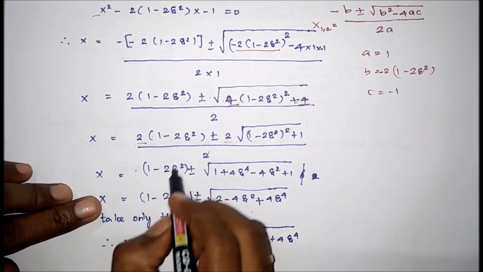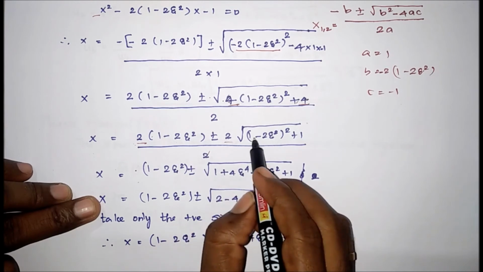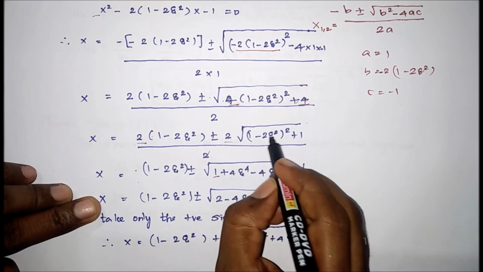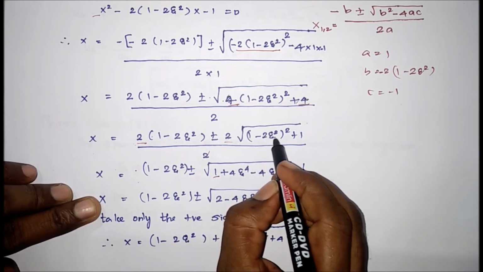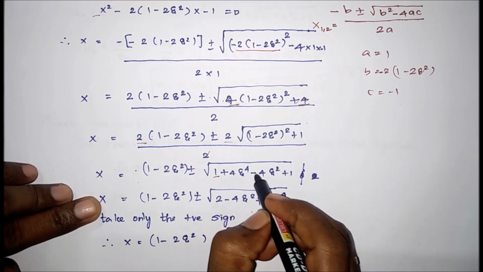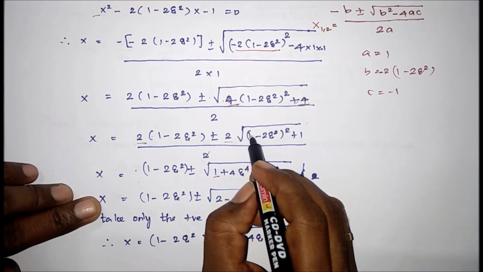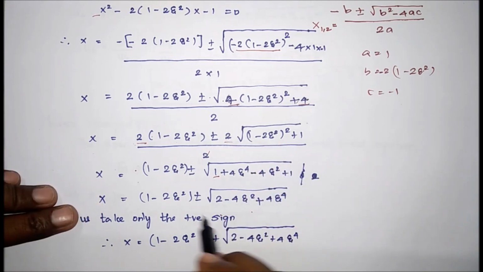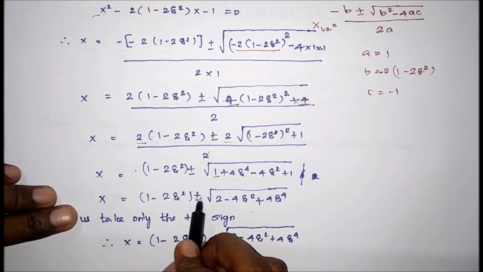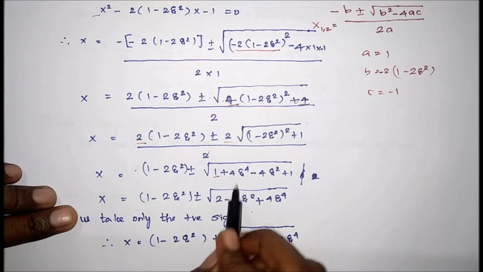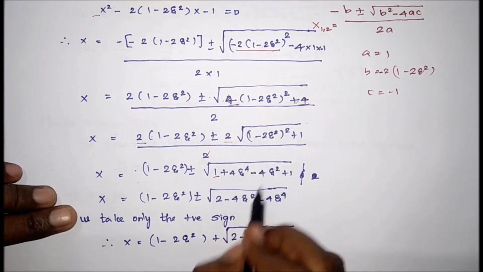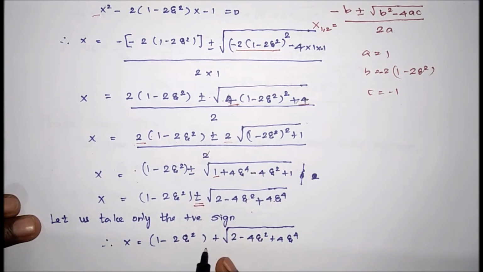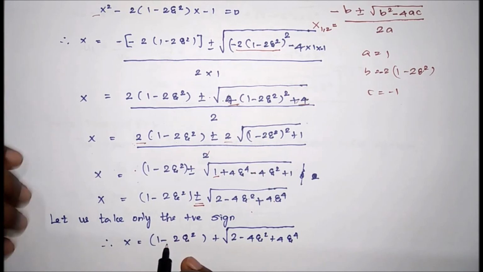Finally you will have 1 minus 2η square plus or minus square root of, now this is (a minus b) the whole square, so we apply the a square, 1. So b square, b means 2η square, so b square is 4η power 4, minus 2ab, 2 into a value 1 into b, minus 2η square, so plus 4η square, plus 1. So now it will become 1 minus 2η square plus or minus square root of 1 plus 1, 2 minus 4η square plus 4η power 4. So now from this we are going to take positive only. If we take positive only, the same equation will become like this.